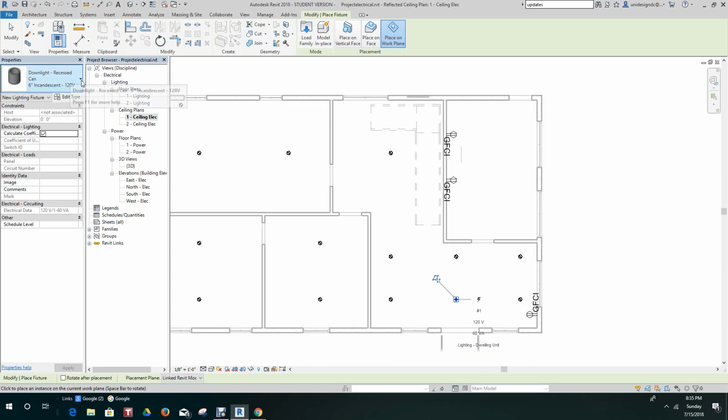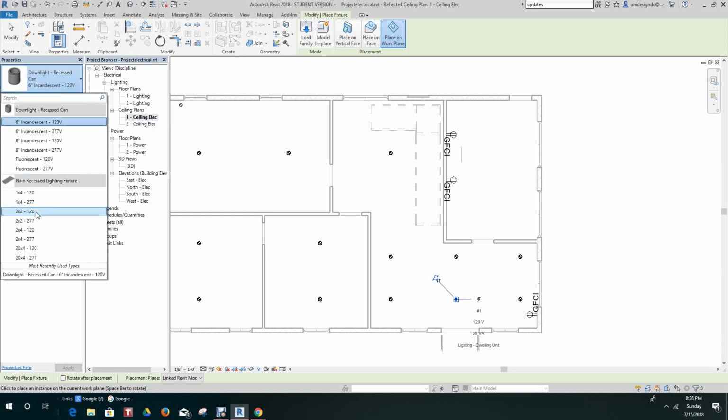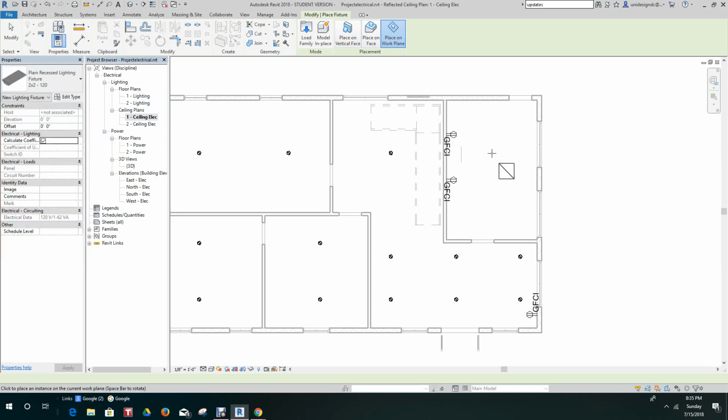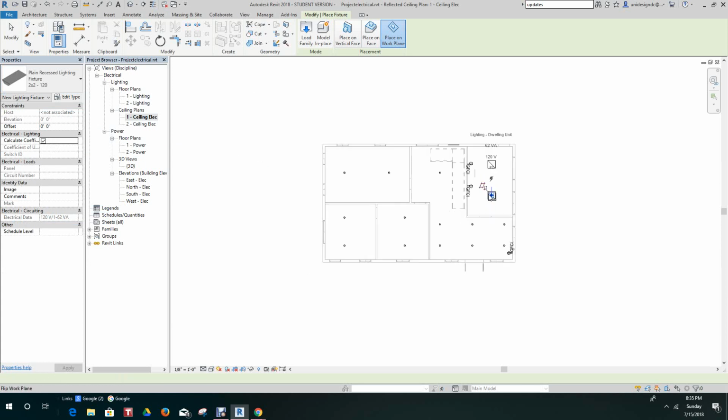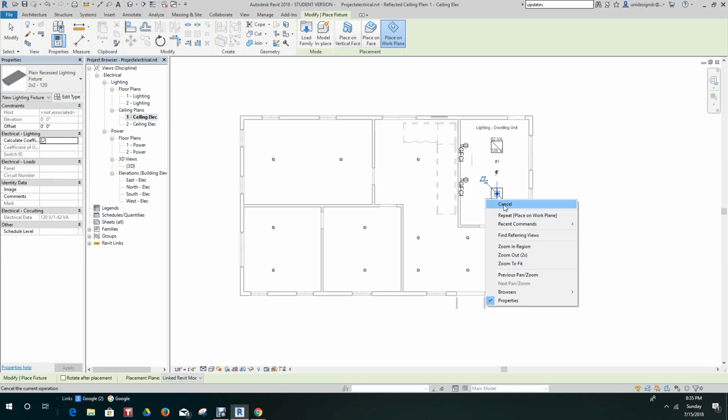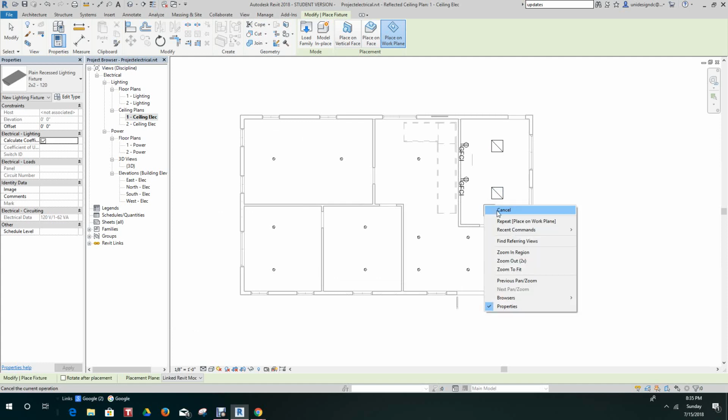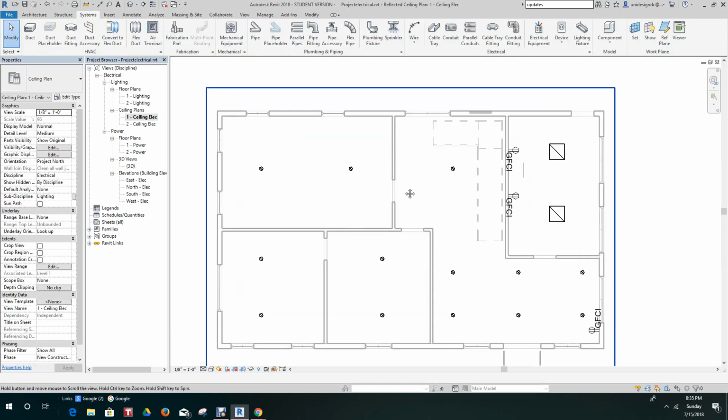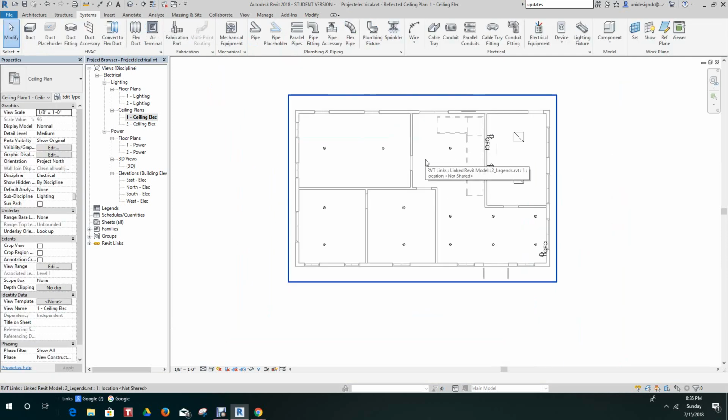Let's do something a little different. Let's do these guys here for the kitchen. Okay, so now you have our lights in our model, and that's basically what happens here.